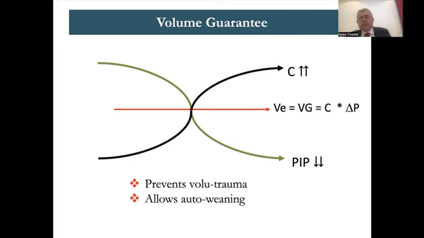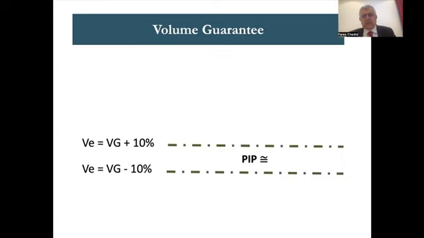We keep the volume always the same in a safe zone between 4 and 8 mil/kg, so we are out of volutrauma. And the patient, as you can see in this picture, will wean himself. He starts at 22, 24 of PIP. After surfactant and whatever improvement he has, you see him auto-weaning until the next day he is at 14, 16, sometimes over half an hour he's at 16 of PIP, and then it is time to extubate. So this is the advantage of volume guarantee: it prevents volutrauma and allows auto-weaning. We also prevent barotrauma by putting a PIP max that the patient cannot exceed.